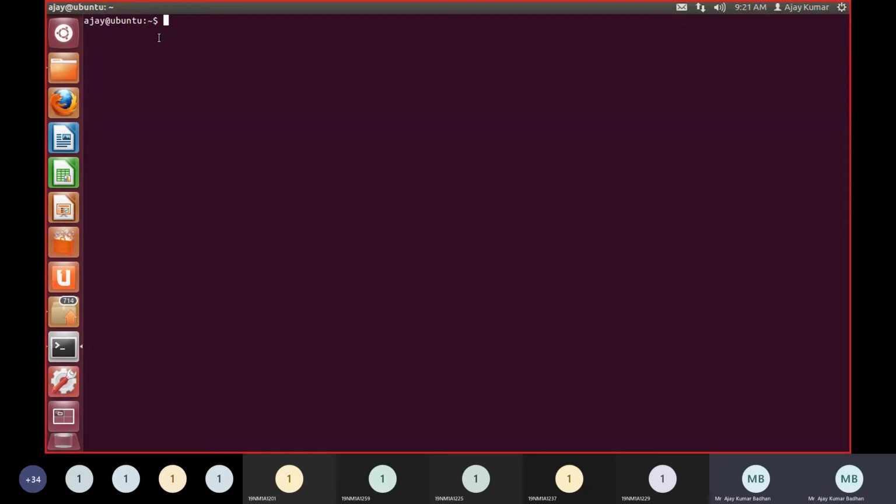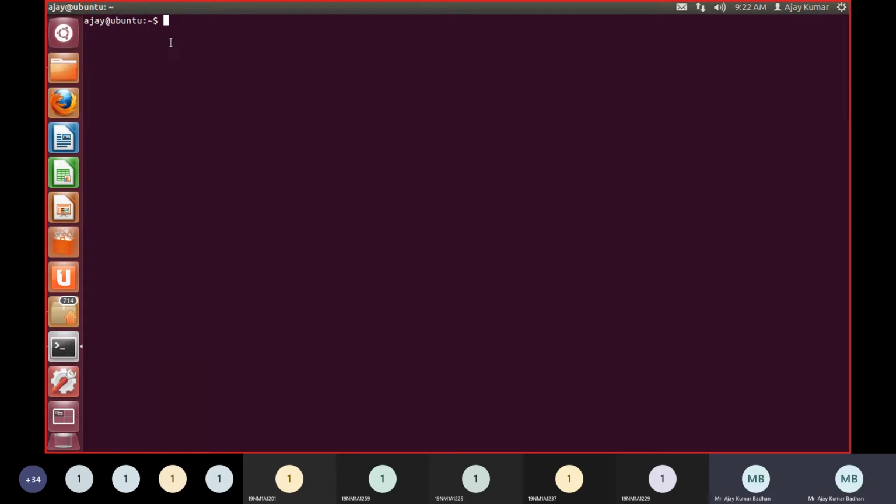The movie .mp4 or .avi, whatever it is, will be a file, and the folder in which you store that file is called a directory. If that directory is present in another folder, then that directory becomes a parent directory, and this becomes a child or subdirectory. That is how it is considered.